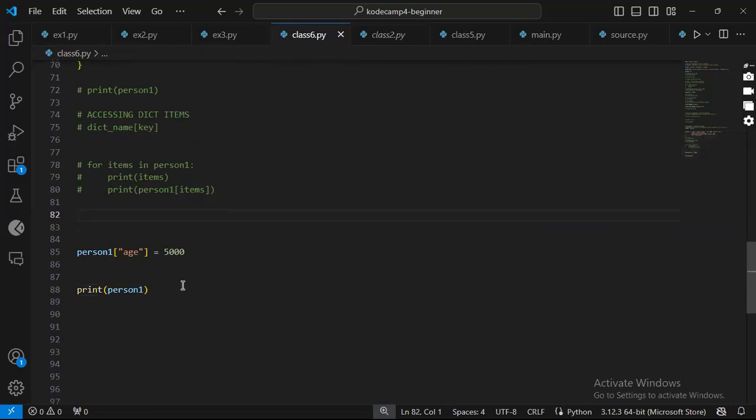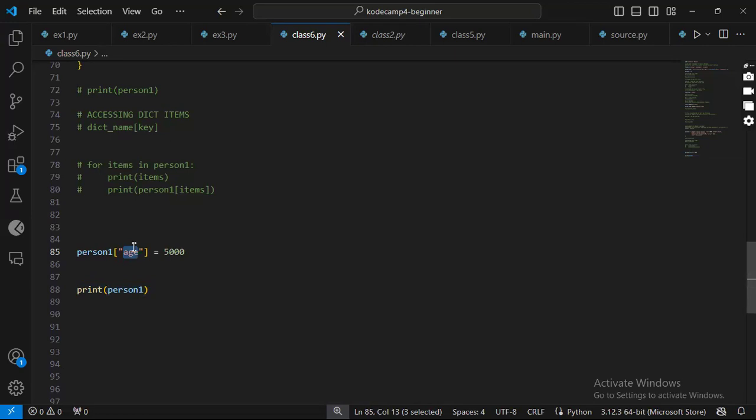Then how do we also add a value? How do you add an item to a dictionary? It's the same thing that we did here. The same way you assign a new value is the same way you add a new value to a dictionary. So how does Python know that this one is assigning and this one is adding? If you specify a key that does not exist in your dictionary, it will automatically create that item and put it